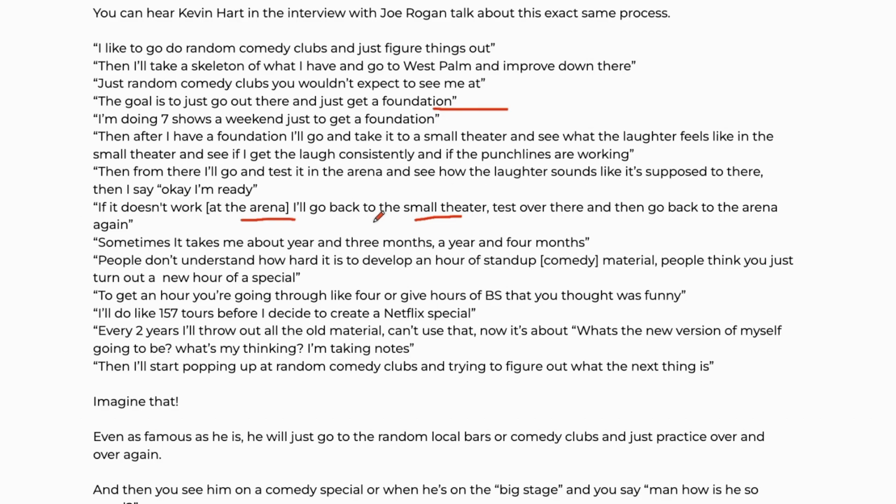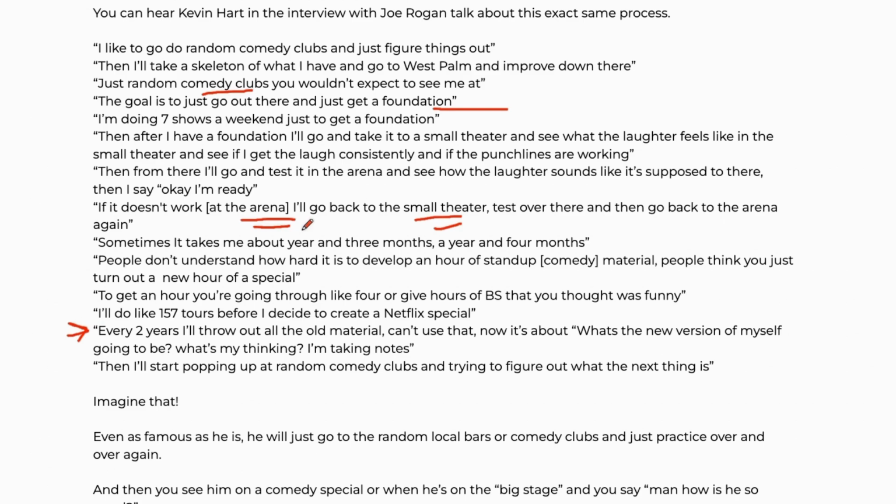Kevin Hart talks in an interview about how he does this every 2 years. Before he actually comes up with that entire process of going to the local comedy club, then the small theater, then the arena, and then recording the Netflix special, if he doesn't do that and says, cool, Netflix, I've got nothing, I'm just going to wing it,